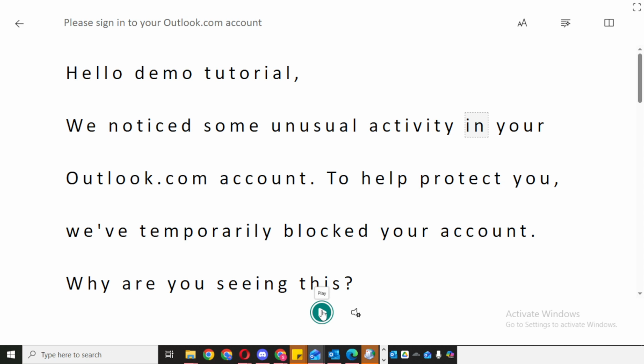A quick tip before you finish. If you regularly deal with long or detailed emails, this feature can save time and reduce screen fatigue. It's also useful for proofreading, since hearing the text read aloud can help you notice things you might miss while reading silently. That's all there is to it.